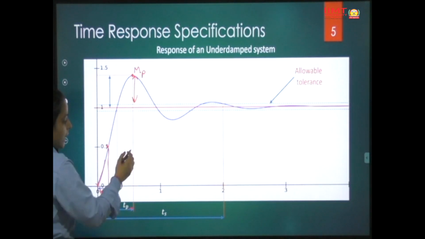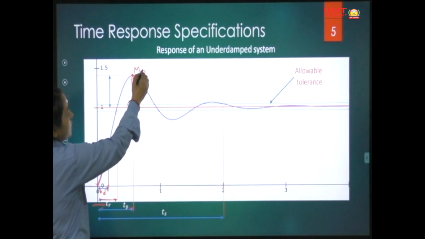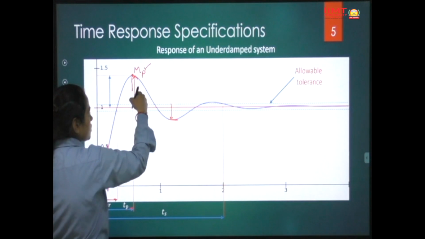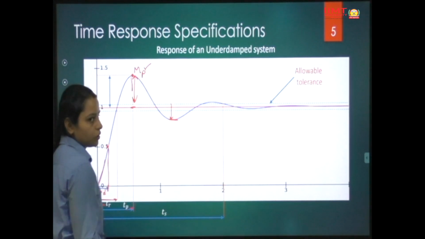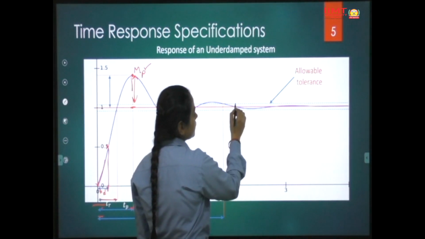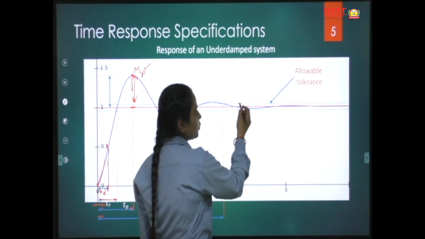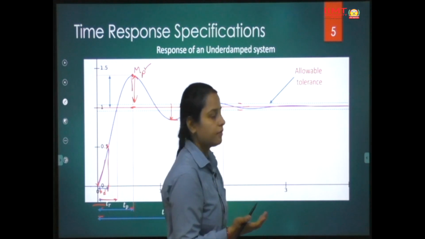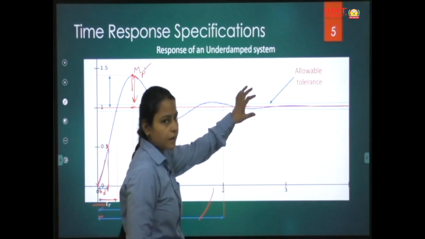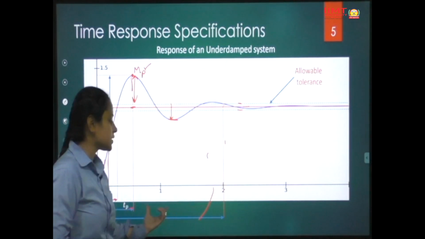So this is the peak time, the time taken to reach this particular first peak, and this is called the Mp, the peak overshoot. And this is called the peak undershoot. This is over the value of 1 and this is below the value of 1. And this is the settling time, and this is the tolerance band. It can be 2% or 5%, as this is the step input. So 2% would be 0.98 and 5% would be 0.95. When the response stays within this tolerance band and does not go beyond it, the time taken to reach this particular point is called the settling time.